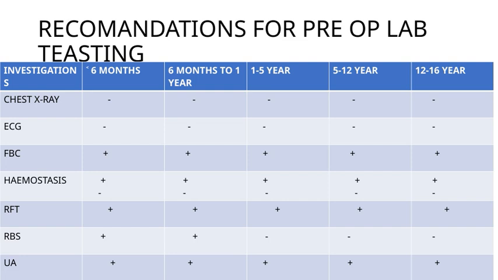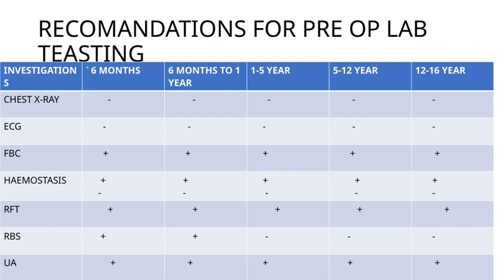First, regarding investigations like chest X-ray and ECG, you'll notice that these are generally not required for patients under 6 months and up to 1 year, regardless of the procedure. However, they may be considered in older children, but in this table, they are marked as not routinely necessary across all age groups. Moving on to investigations like FBC, hemostasis, RFT, RBS, and UA, you'll see these are recommended at